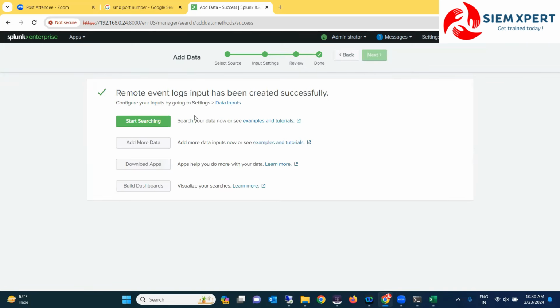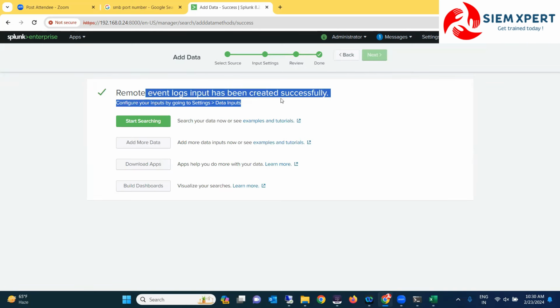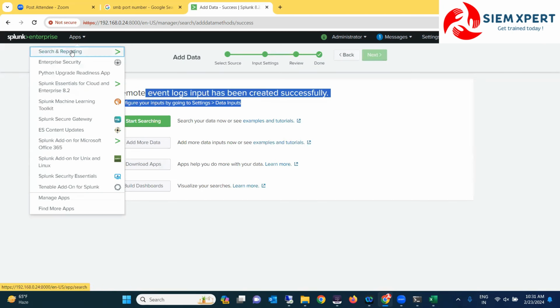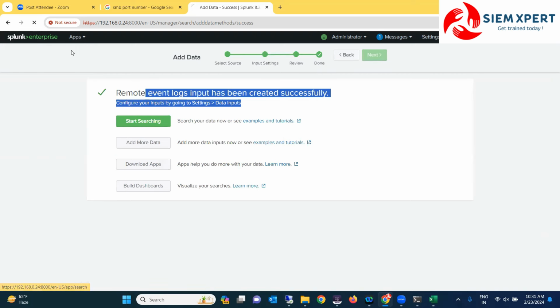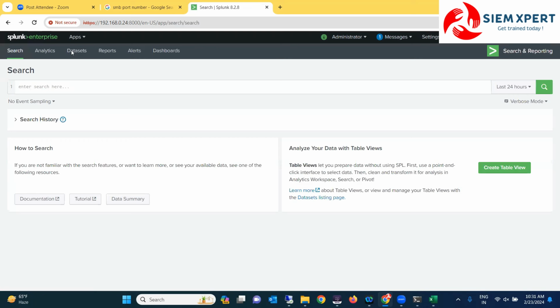You can see remote event input has been successfully created. Input has been created. Whether logs are coming or not coming, we have to check. If this is a heavy forwarder, I can't check, I have to log in on the search head. If it is a single instance Splunk Enterprise, then I can go on the search head,